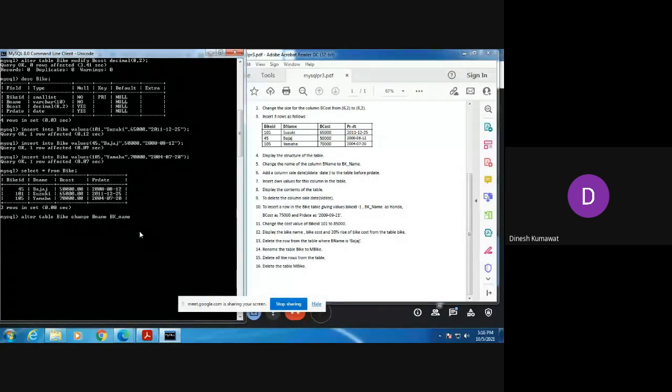Okay, and at the end you need to give the semicolon. Now let us see whether we are getting that using this command or not. For that you just press enter and see whether we are getting any kind of error or not.